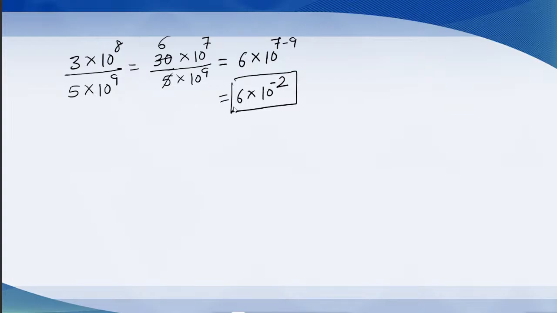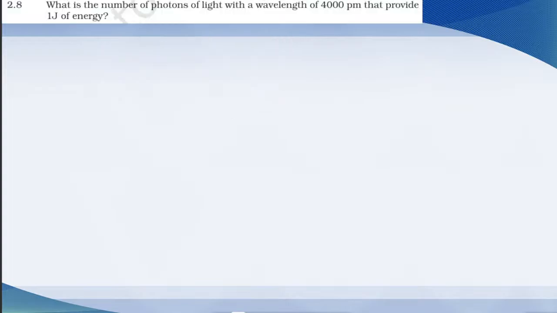तो ऐसे हमने क्वेश्चन कर लिया अभी तक 7। नाउ क्वेश्चन नंबर 8, was last question of the day. What is the number of photons of light with wavelength 4000 picometer that provide 1 joule of energy? तो सबसे पहला काम क्या होगा, ये है टोटल एनर्जी। देखो, टोटल एनर्जी जो है, जितने भी फोटोन्स हैं उन सबकी टोटल एनर्जी है 1 जूल।